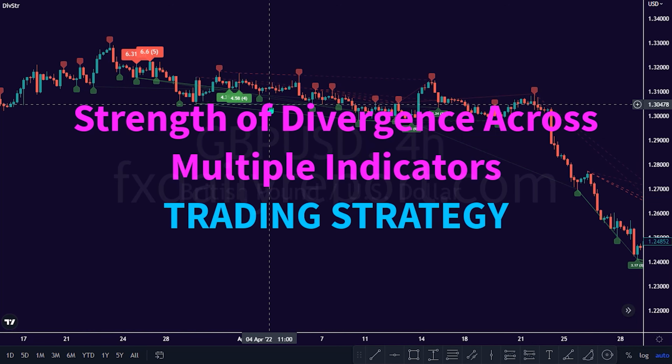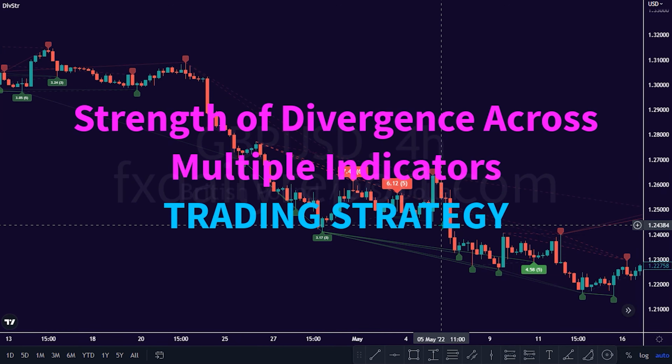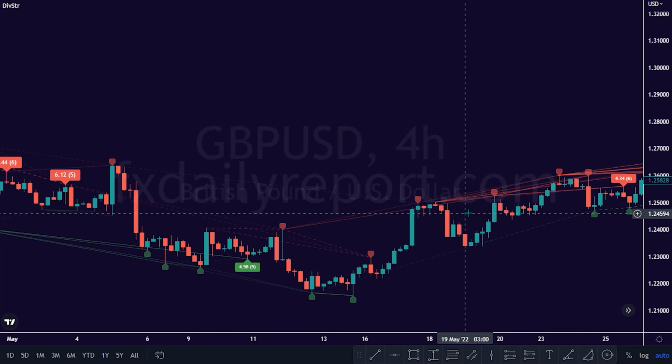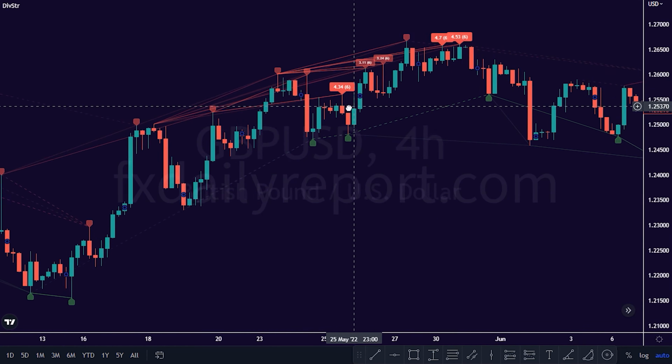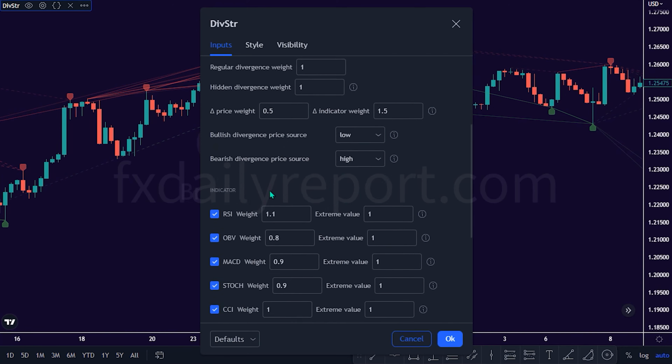The strength of divergence across multiple indicators is a technical trading indicator that helps to detect possible divergences on the price chart with the divergence strength value. This technical trading indicator is made up of multiple trading indicators that are combined all together to be one, and